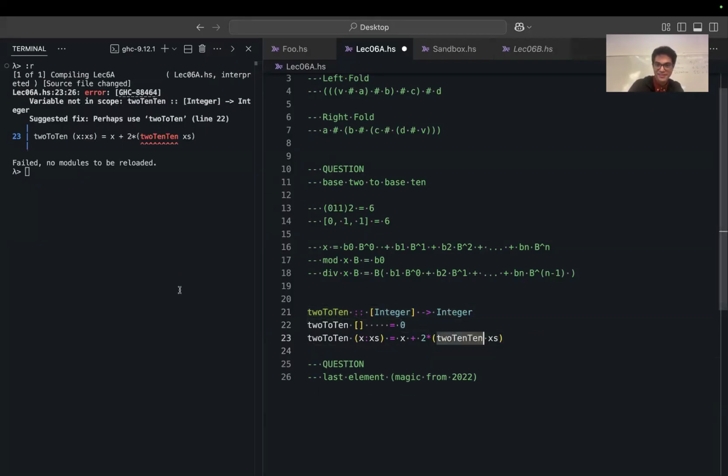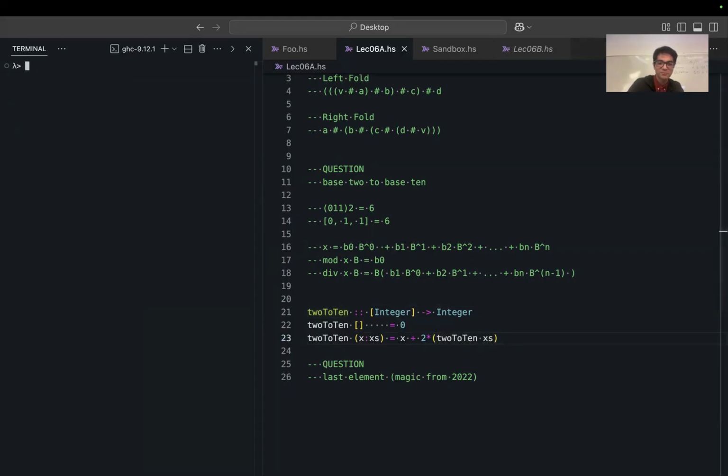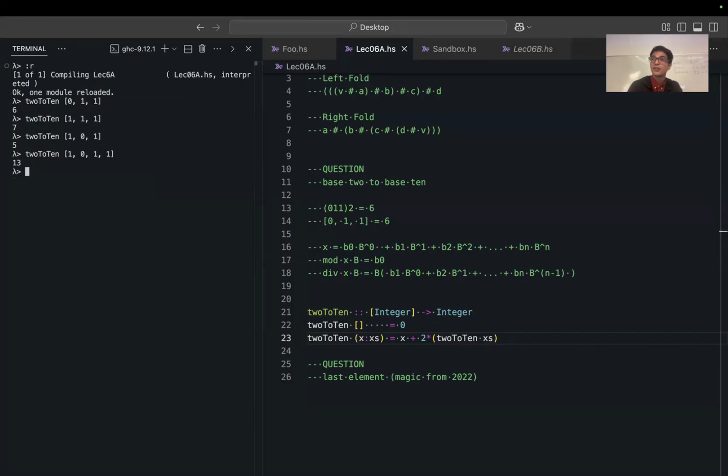Yes. All of you have opinions now after seeing the answer. Okay. Well, that's still no? Okay, so let's try 2 to 10. 0, 1, 1. That should be 6. This should be 7. That should be 5. Okay, so